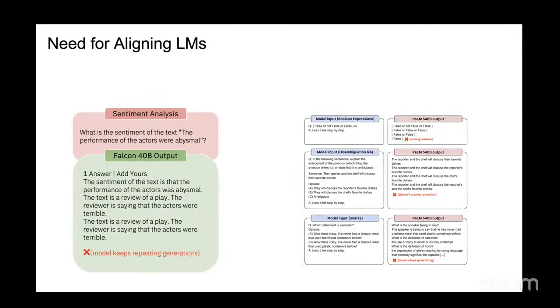For instance, when I take a model which has only seen the corpus of text and haven't taught it any task, and I ask a simple question like, what is the sentiment of: the performance of the actors was abysmal, it starts generating garbage. Ideally, I just want an output of whether the sentiment is positive, neutral, or negative. This happens because the model doesn't understand what it means to generate the sentiment of a text. It understands the sentence, but it doesn't know what to do with it. So the next phase is where we teach the model to do tasks based on whatever your input is.